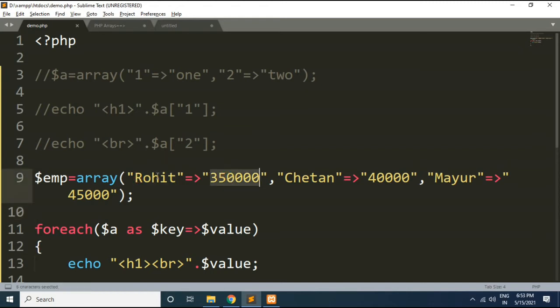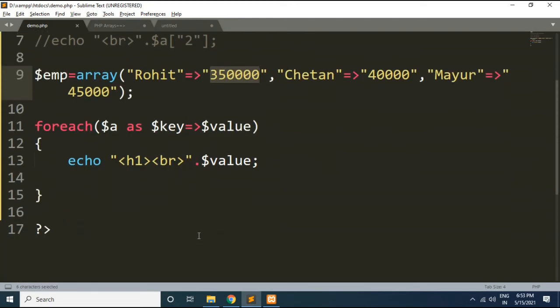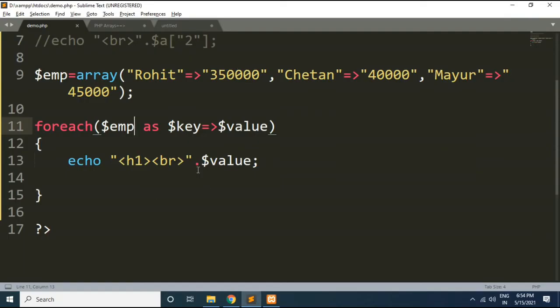Here the key is the employee name and its value is the salary. If we go to the browser and try to run this, here I need to change the array name as emp. You can see we got the salary values.